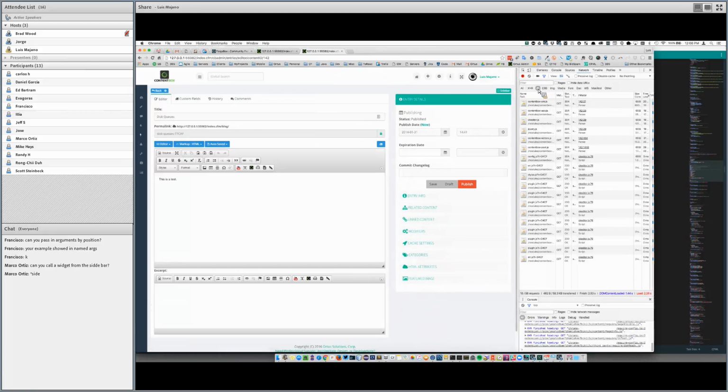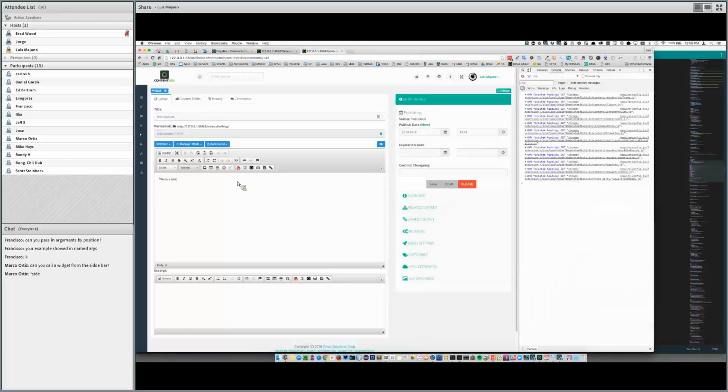So I'm going to update the installation. This is my sandbox. There we go. Settings, save, and updated.